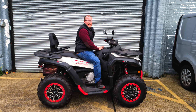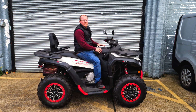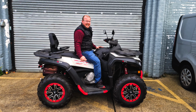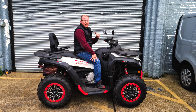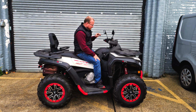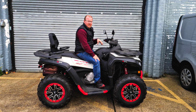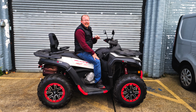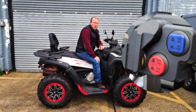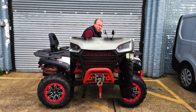Now, this is quite an expensive quad if you buy it new, so it's £8,499 plus whatever the OTR charge is. It is a 600cc, so the OTR charge is going to be approximately £250. This is designed to go on-road and off-road. It has two-wheel drive, four-wheel drive, and it is fully adjustable on the handlebars here. It does come with hazard lights. It also comes with a winch, which is quite good for